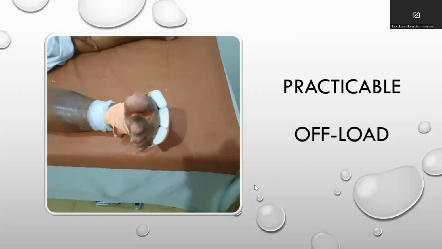This is what we do, right? But whatever the way, make sure that ulcer, you can see there's an ulcer in the first web. So make sure that the patient is not pressing down on that area. So you keep something underneath and keep an elastoplast. And even sometimes you don't need to put a dressing on the wound, just keep the wound closed, but make sure this patient is properly offloaded.